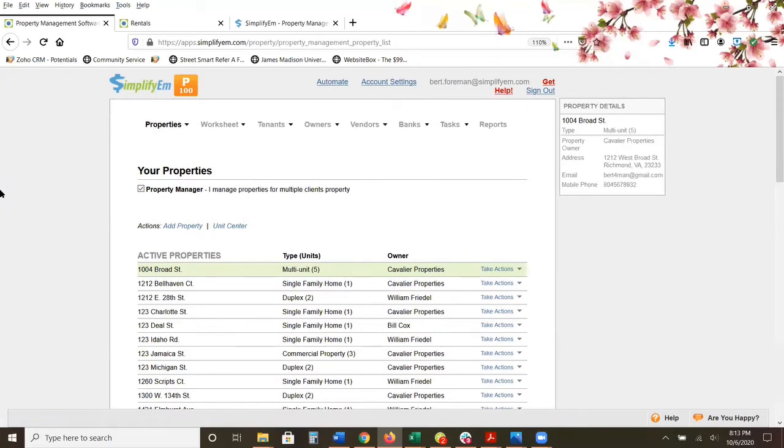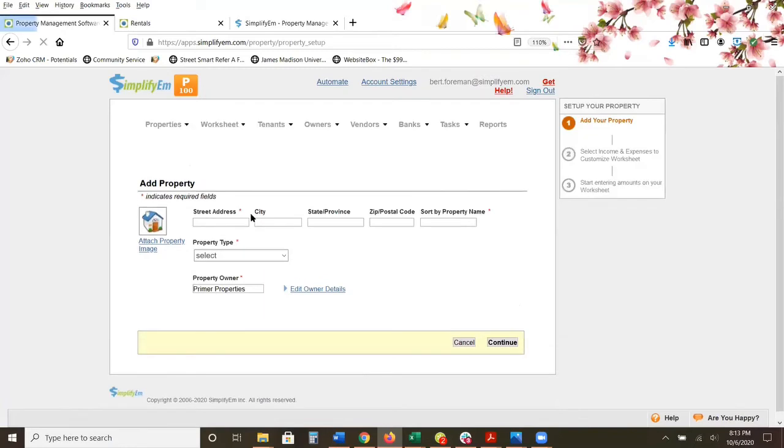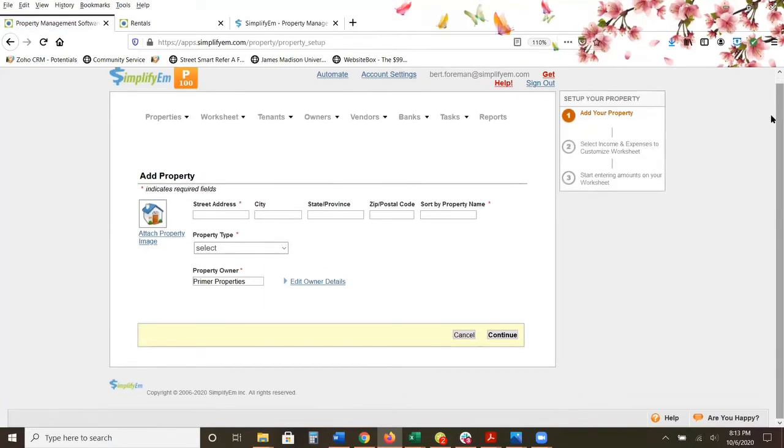So now I'm going to show you how you can set up a property in our system in less than 5 minutes. The first thing you're going to do is click right here where it says add a property. And then we'll type in an address. So we'll put in 1212,